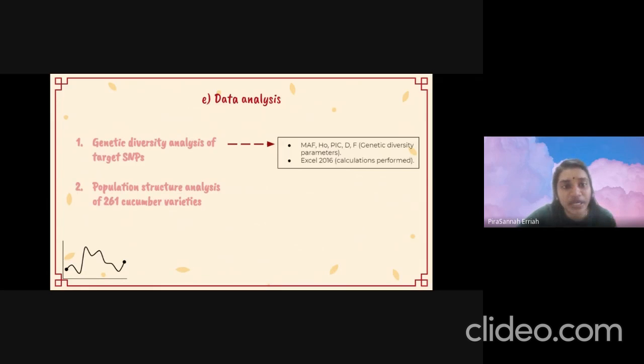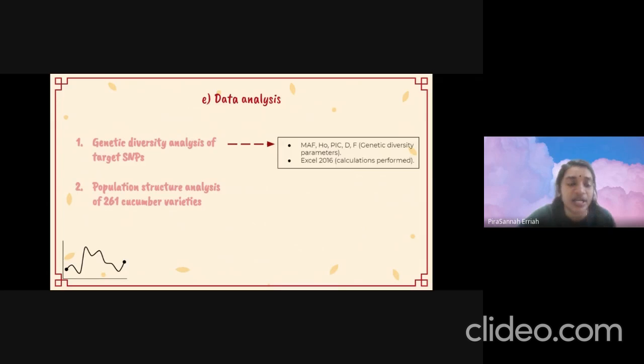So these are the various genetic diversity parameters that have been focused on based on the MAF. The Ho is the observed heterozygosity. The PIC means the polymorphic information content, and then the D means the Simpson's index of diversity. F means inbreeding coefficients. So all these calculations they performed in Excel 2016 by using the formulas mentioned in